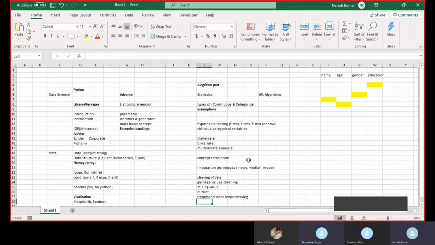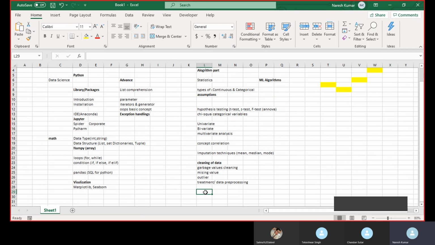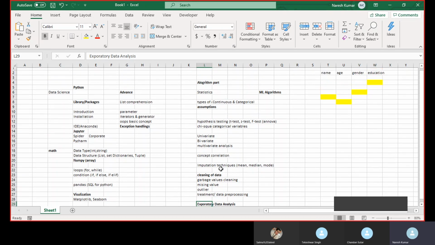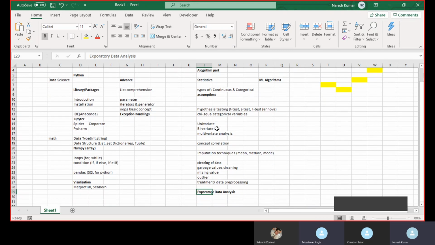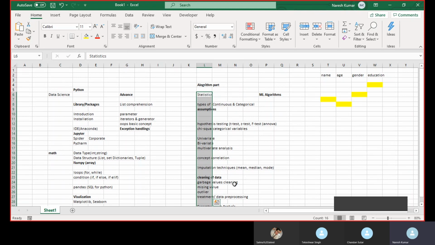And this whole part, from here to here, is called exploratory data analysis. You might have read an article or heard somewhere that most people do exploratory data analysis, or in any JD they will write that you should be good in exploratory data analysis. Around 70 to 80% of the time goes into this part.